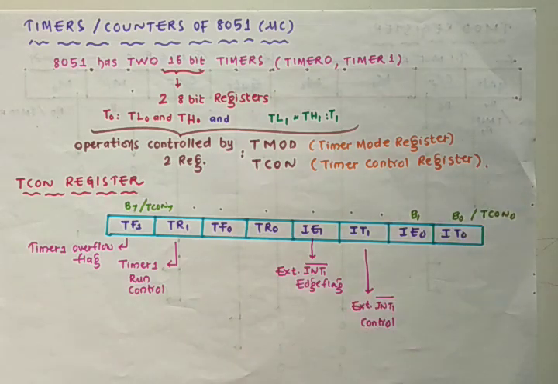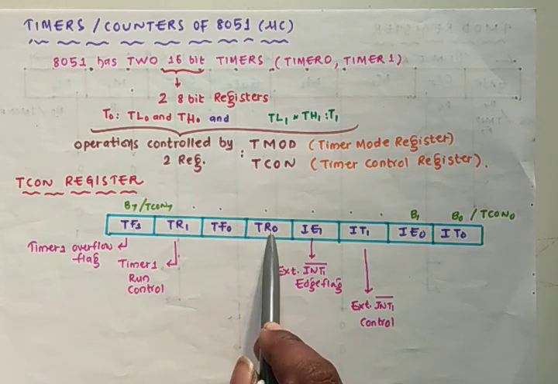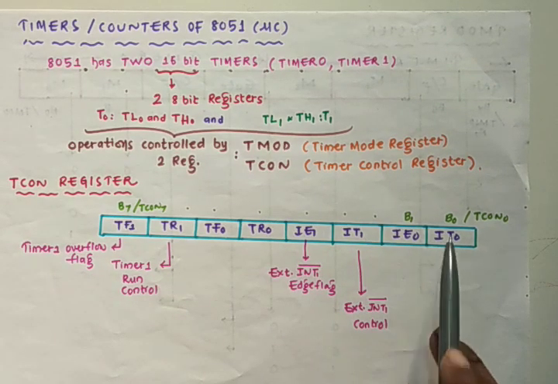All these 8 bits are going to describe how we can control timer 0 and timer 1. We are going to talk about how these bits control timer 0 and timer 1. The TCON higher nibble is for the control bits and flag bits for the timers. Higher nibble means 4 bits. These first four bits are called the higher nibble, and the other four bits are called the lower nibble.